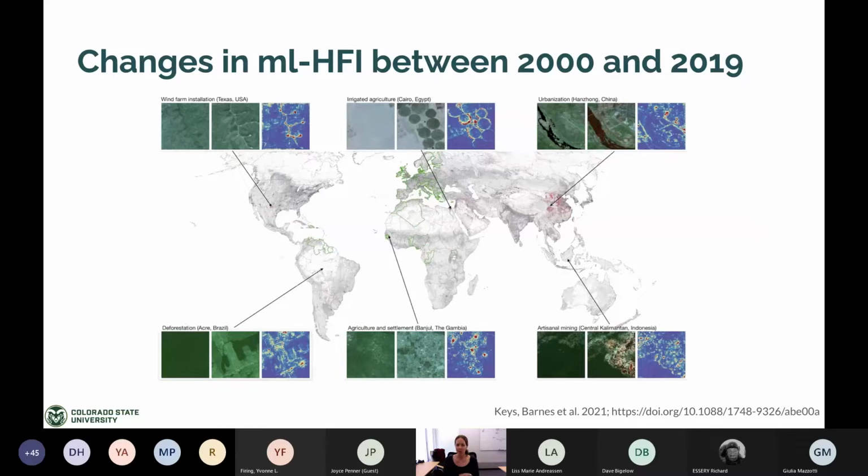And what's shown here is the original Landsat image from 2000. The middle panel is that from 2019. And now the right-hand panel shows this heat map of the most relevant regions for the network's prediction. And what we see in looking at this is the network is indeed focusing on what we expect it to. That is, as humans go in and build wind farms in Texas, the neural network is identifying those wind farms and those new roads going in as the most relevant and important regions for its new prediction. So this gives us confidence then that the network's learning the right answers for the right reasons.